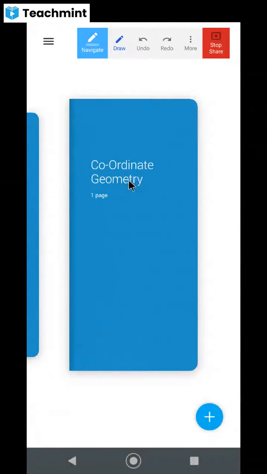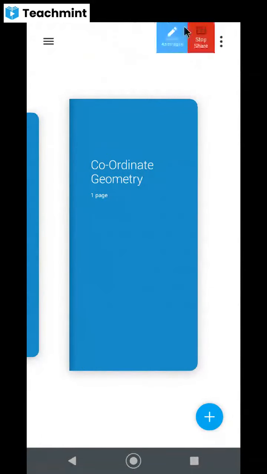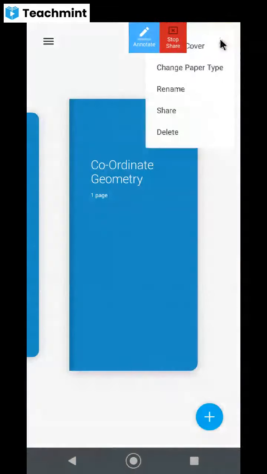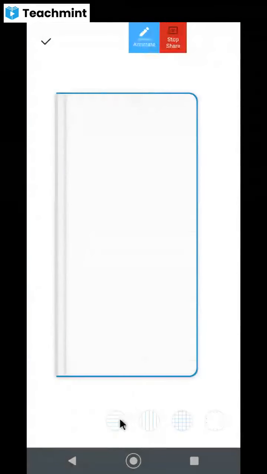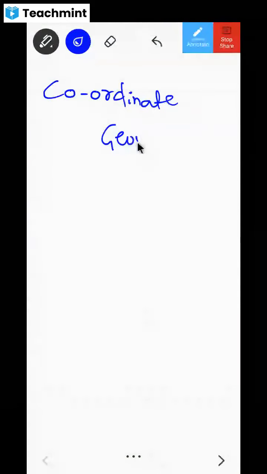So let's dig into this chapter, coordinate geometry, and let us learn all these concepts. I welcome you for this chapter. Everybody is going to put the heading coordinate geometry. Let me change the paper type. All right. We'll build your ninth standard fundamentals also, then we'll move to 10th standard things also.